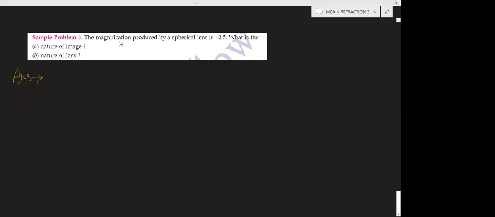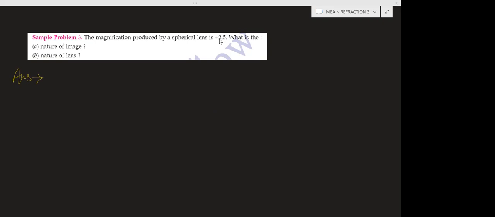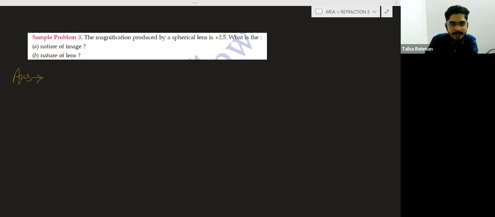They are saying the magnification produced by the spherical lens. Spherical lenses are of two types, concave or convex. We don't know what type of lens this is. The magnification is given as plus 2.5, and they are asking what is the nature of